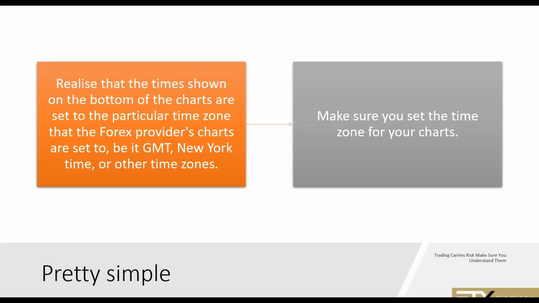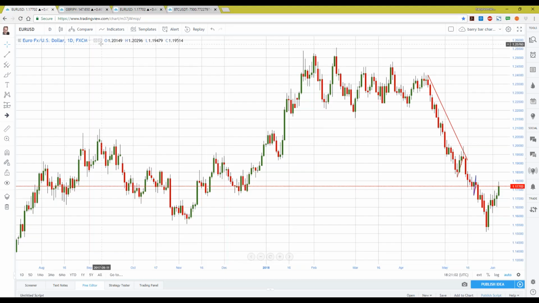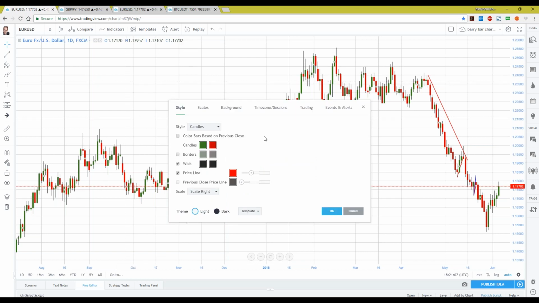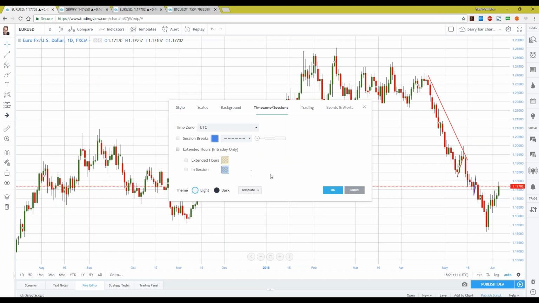Now realize that the time shown on the bottom of the chart is set to the particular time zone that the charts are being provided in. So on ETX or any of the charting services, we can do a setup. And one of the most important things you can do when you're looking at your charts is look for the format buttons. You can do lots of things with your charts. Okay. The most important thing that you want to do is set up your time zone,